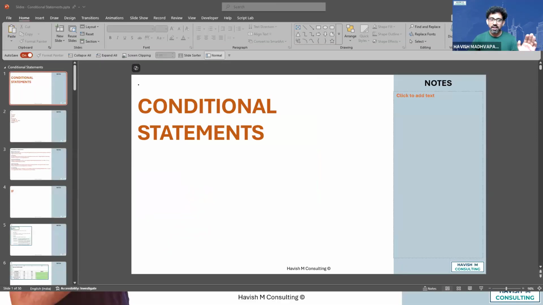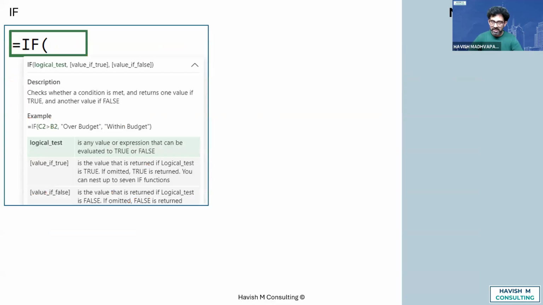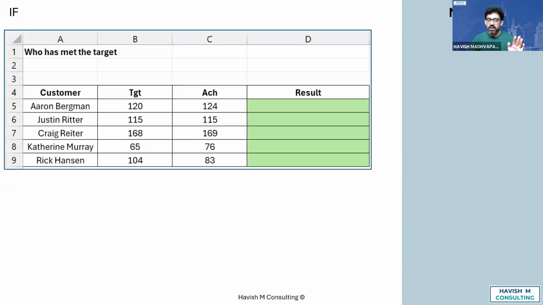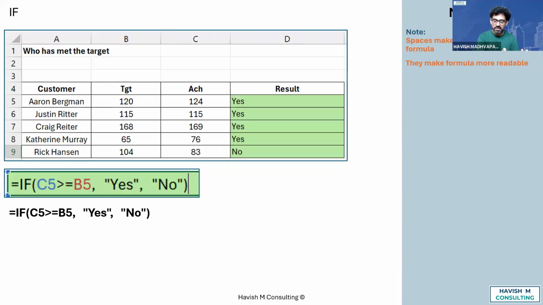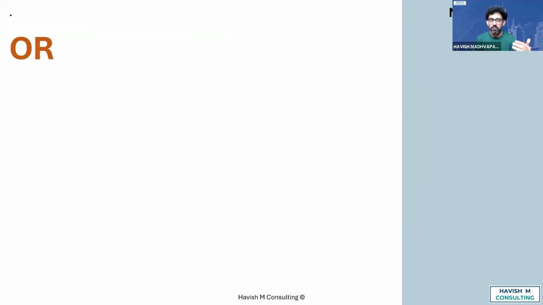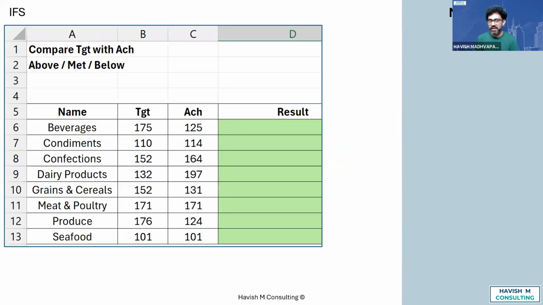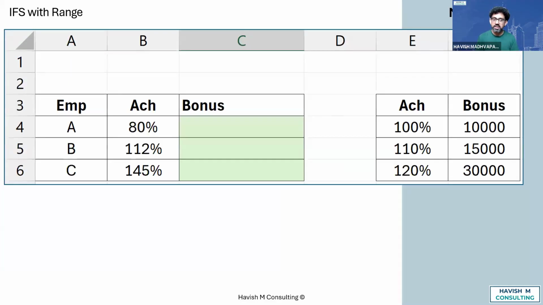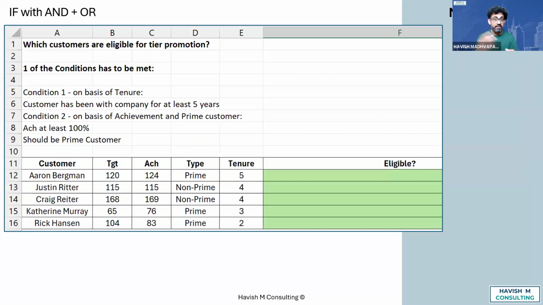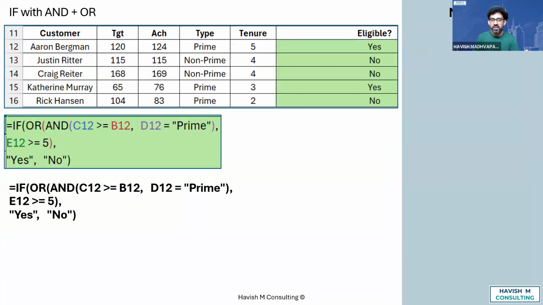So if you notice, in fact, I'll give you the updated screenshot on the same link that I had given you earlier. Like even by looking at this, I know you might not be able to remember everything. For example, let's look at a more advanced one, something like this one, right? Where what we are doing is we are working with a problem where the tenure has to be minimum 5 years. The customer should be a prime customer and the achievement should be greater than the target. So there's an and, there's an or, there is an if.